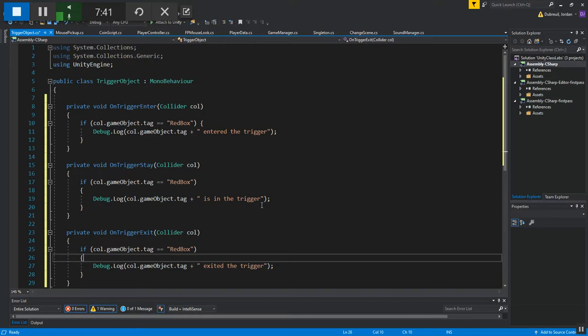Alright, so this is a way to check on events that are happening in your scene. These triggers are listening for when the object is either entering it, exiting it, or staying inside of it. So you could do things like perform damage over time on an on-trigger stay or an on-trigger enter, trigger a coroutine that applies damage to a player. You could have a trigger that when you open a door and the player walks into it, it loads in the next level. You could have a trigger that when the player walks into it, the AI starts spawning enemies